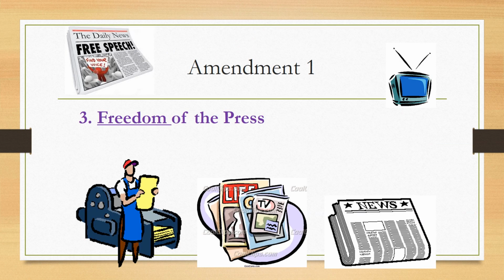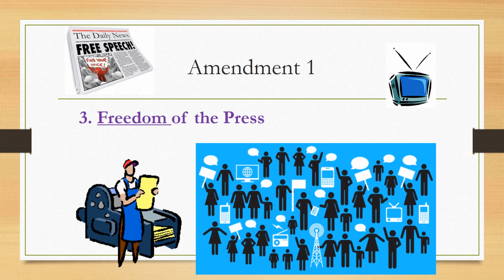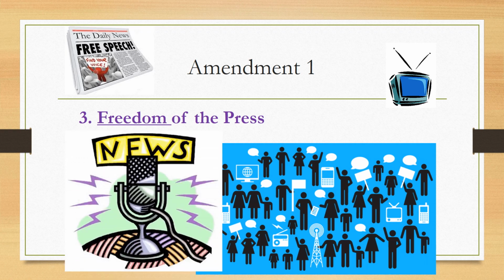The third freedom is freedom of the press. The government cannot prevent what the newspapers, the media, the journalists, the reporters, television, and magazines can or cannot say. So when you think about the Revolution and the Stamp Act, we talked about how the freedom of the press was no longer available due to the Stamp Act. The owner of the Pennsylvania Journal, William Bradford, had to go out of business, saying goodbye to freedom of the press because he could no longer afford to share the news with the people.